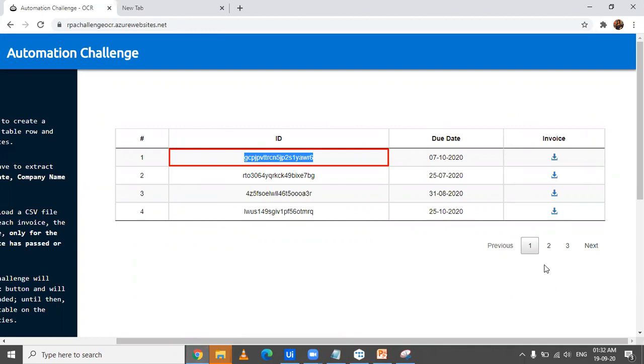I think we'll be able to achieve what we actually want to. So now there are two things. The first thing: if we switch to the next page, it could be that the row starts from 1, or it could be that the row starts from 5. If the row starts from 5, then we just have to keep incrementing the counter and we'll be able to reach the next row. But what if the row does not start from 5? Then we know that whenever the counter reaches 4, or whenever the row number reaches 5, we have to again make the counter 0, or again make the counter 1. So like this, you have to analyze the small things and the behavior of the page.